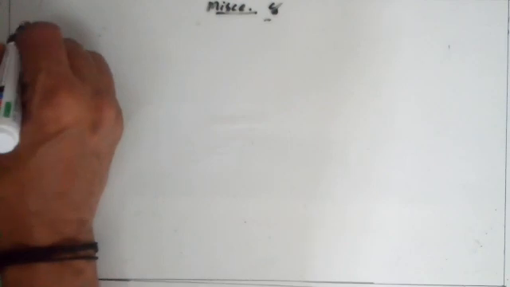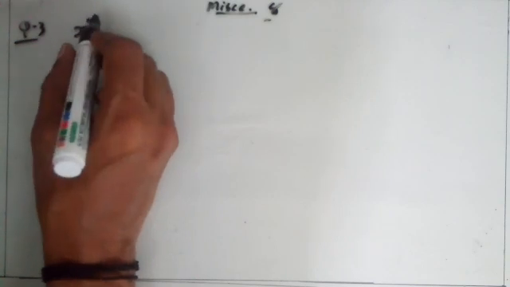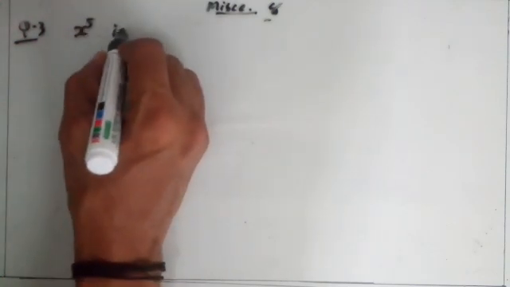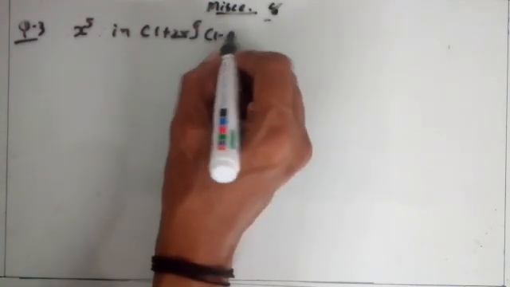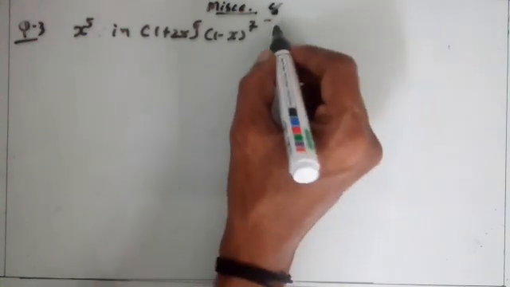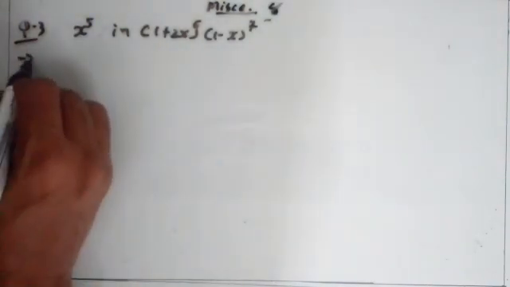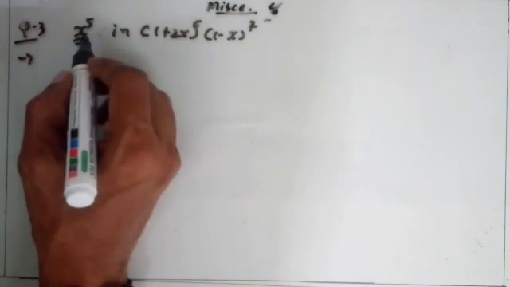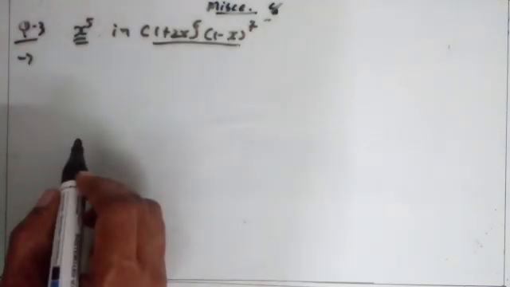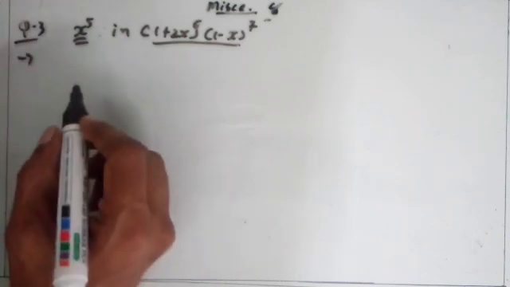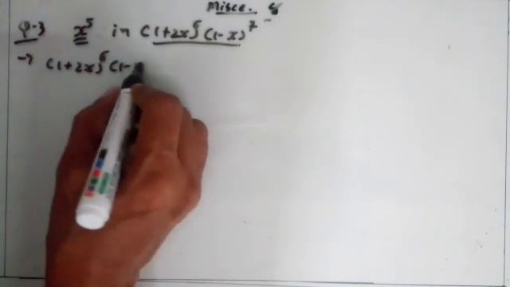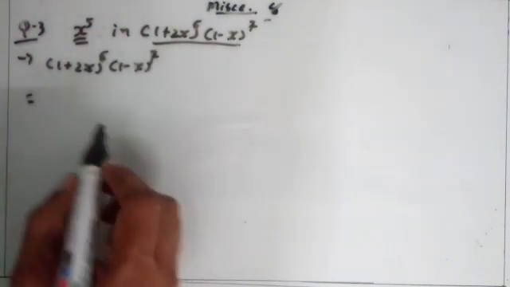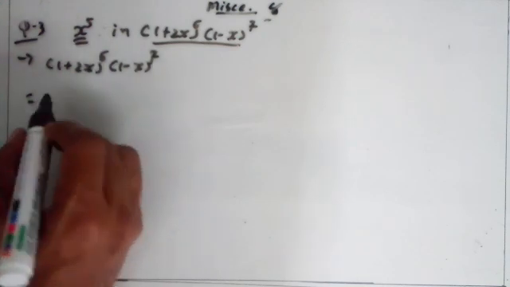Now question number 3. Find the coefficient of x raised to 5 in the product of (1 plus 2x) raised to 6 and (1 minus x) raised to 7 using the binomial theorem. Here we want to get the coefficient of x raised to 5 in the product of this (1 plus 2x) raised to 6 and (1 minus x) raised to 7. Here (1 plus 2x) raised to 6 into (1 minus x) raised to 7 is equal to, apply the binomial theorem,